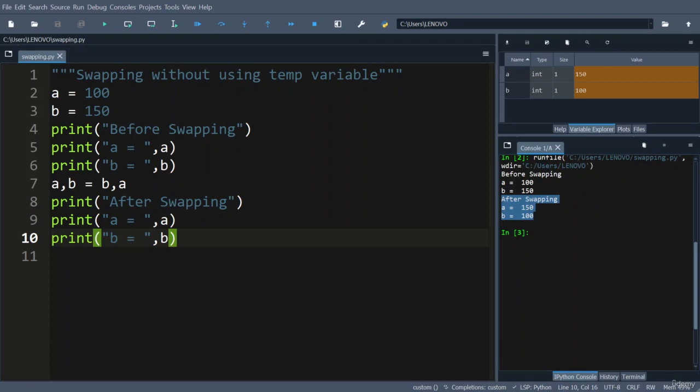Okay, so apart from this, you can also make use of operators like the addition operator, subtraction operator, and the other way is using